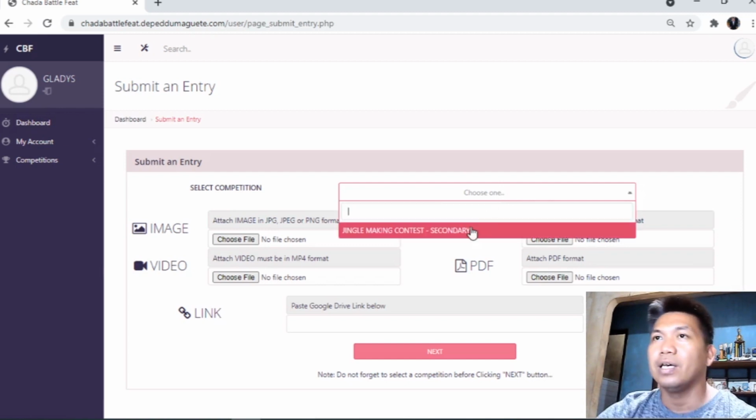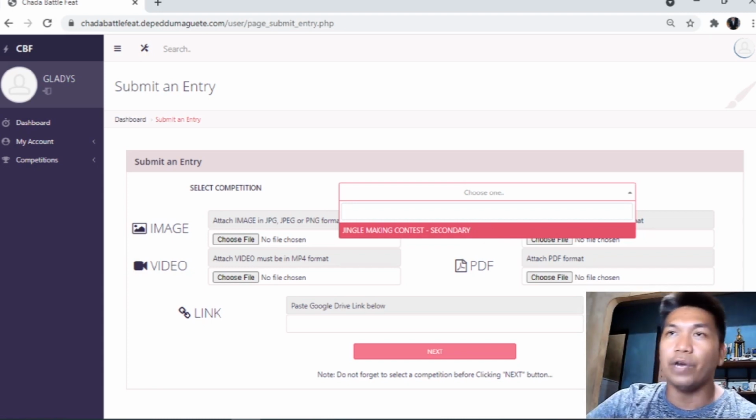Since I have joined only one competition, I will be seeing only one option here. However, if you joined several competitions, then they will be displayed